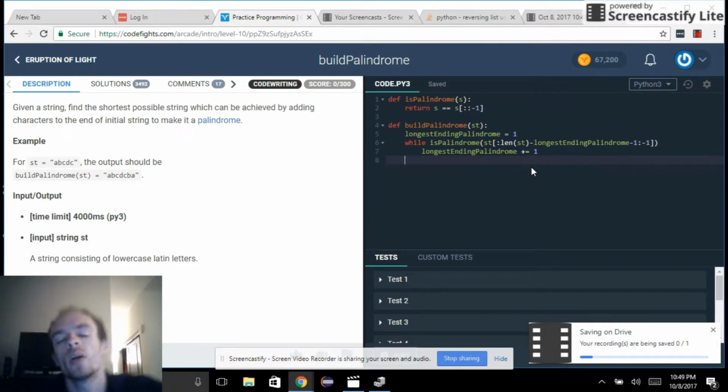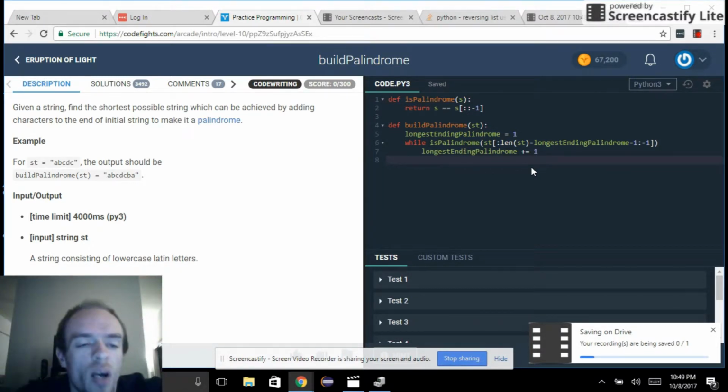So here we are. We know where our longest ending palindrome is now. So if our ending palindrome is 3 characters, then we need to tack on the first two characters reversed at the end. So we're going to return st plus, and now we need st bracket start at the beginning, go until